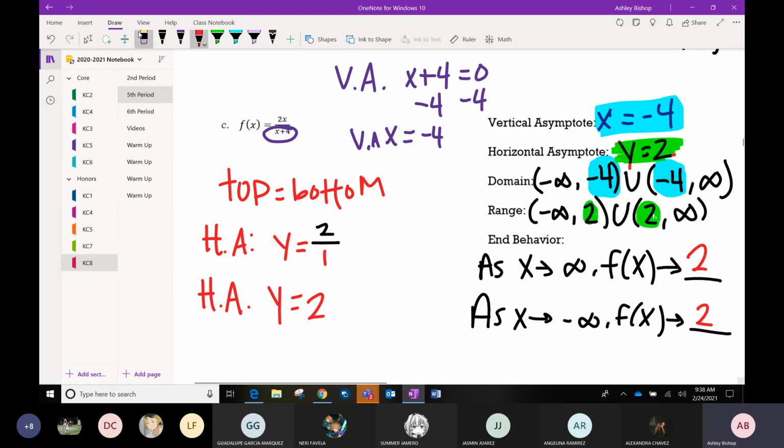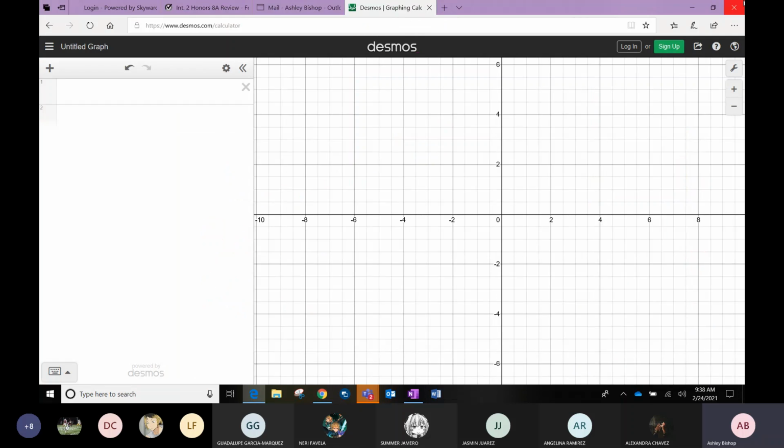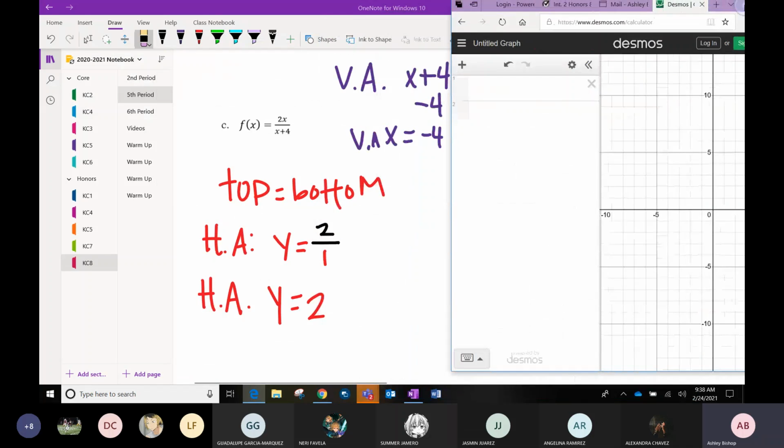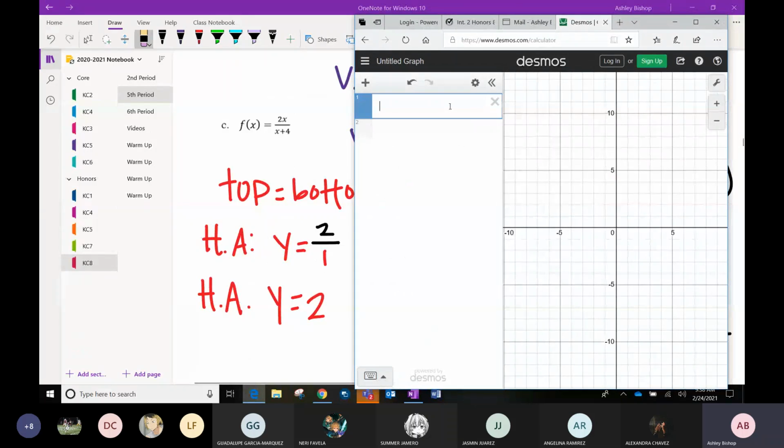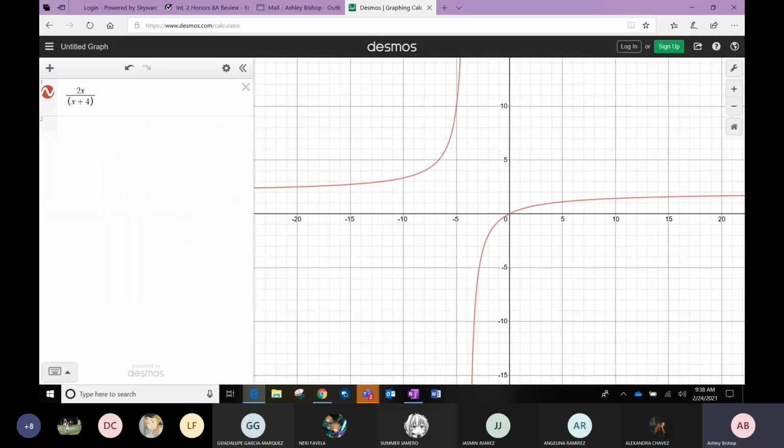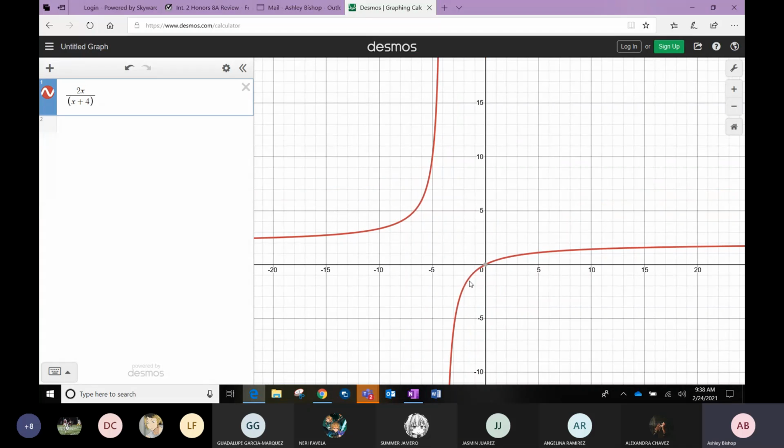One thing you can do to check your work, or if you really don't like this problem, is you could have put it in a Desmos graph, which I can let you do, but you still need to show your work for these problems. You can put this in Desmos to check your work and see the graph, but you need to show your work. When I don't give you a graph, you need to check your work. You could have gone to Desmos, which I did put the link in the chat before class. You could have put in 2x divided by parenthesis x plus 4, making it big. You could have seen this graph. You could have been like, I'm not quite sure where this asymptote is, but from